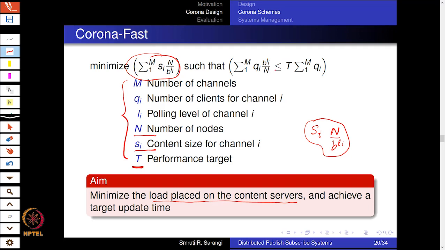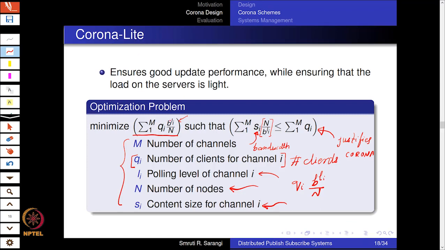Subject to, so this is interesting, this quantity is the same as this for Corona Lite, which is the